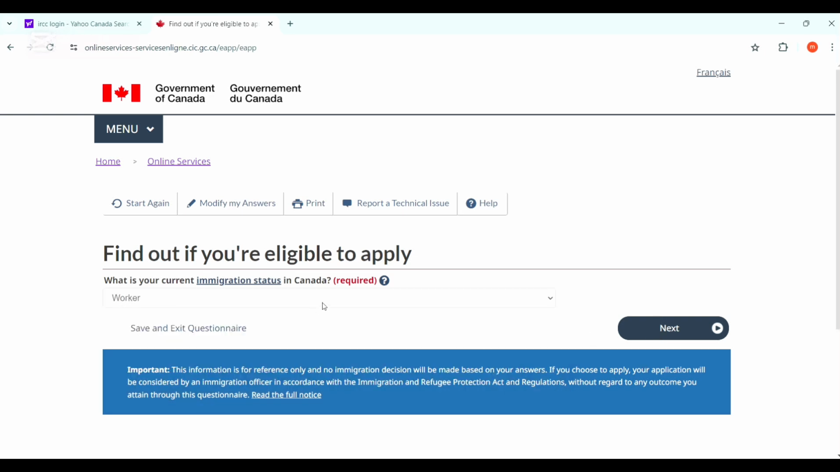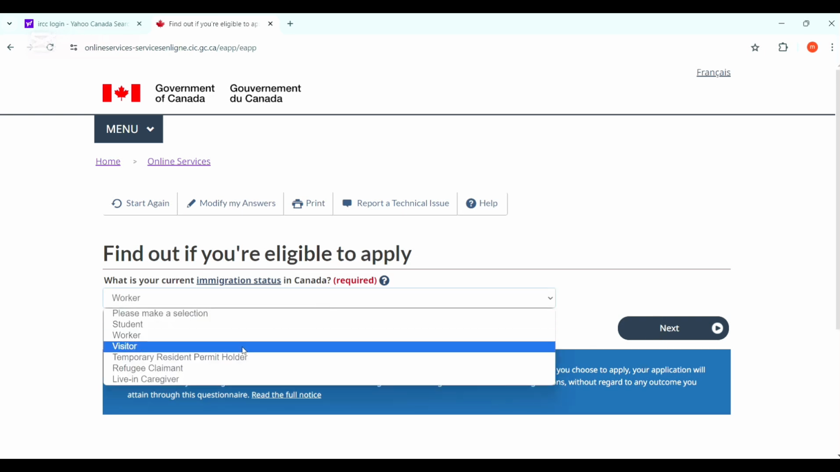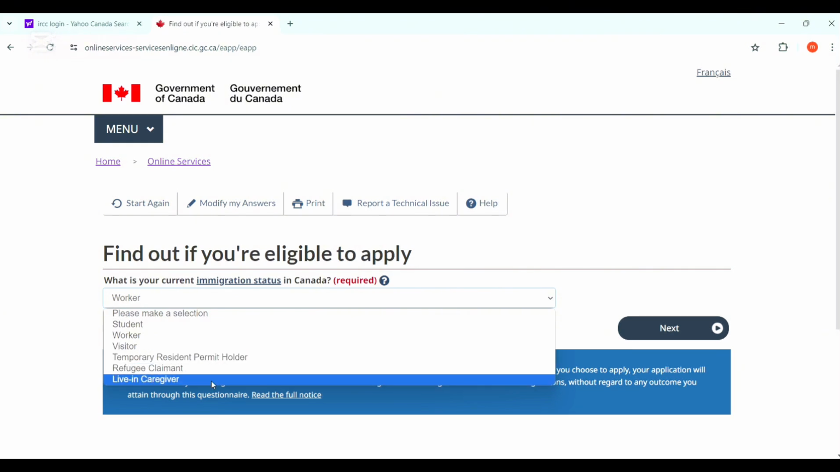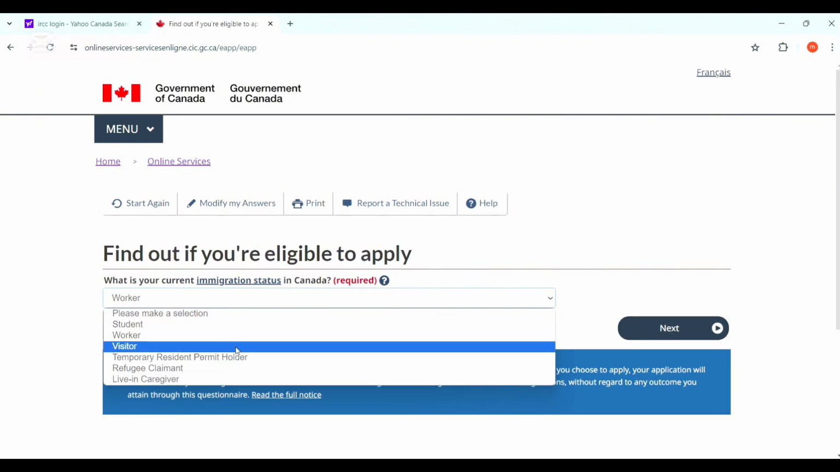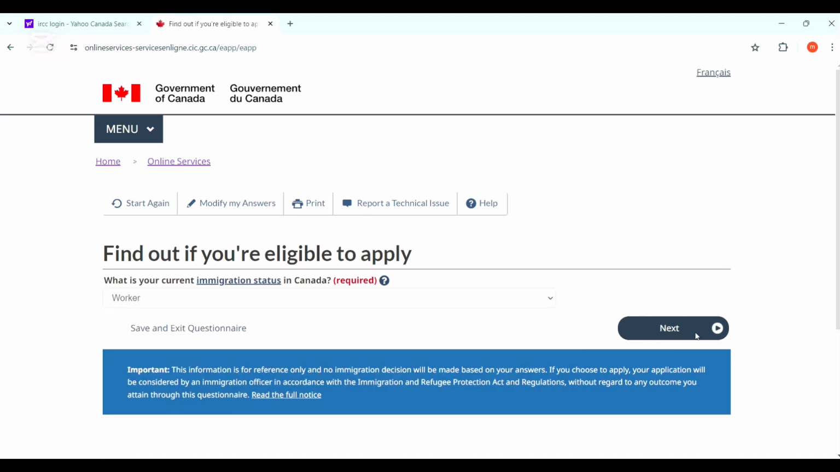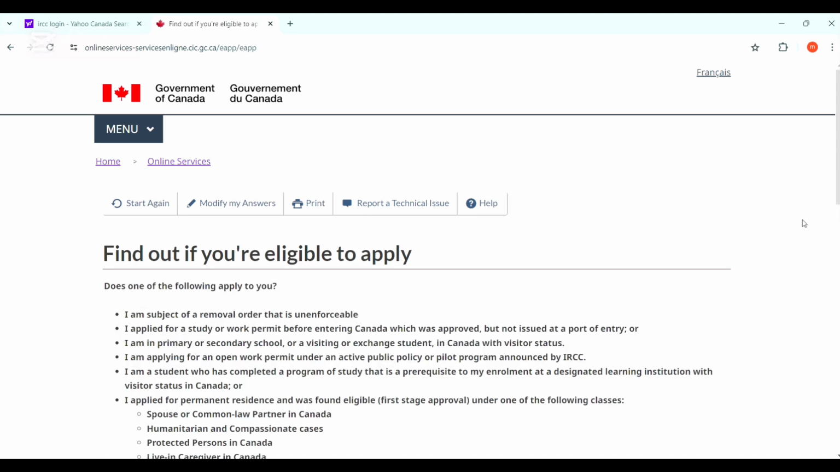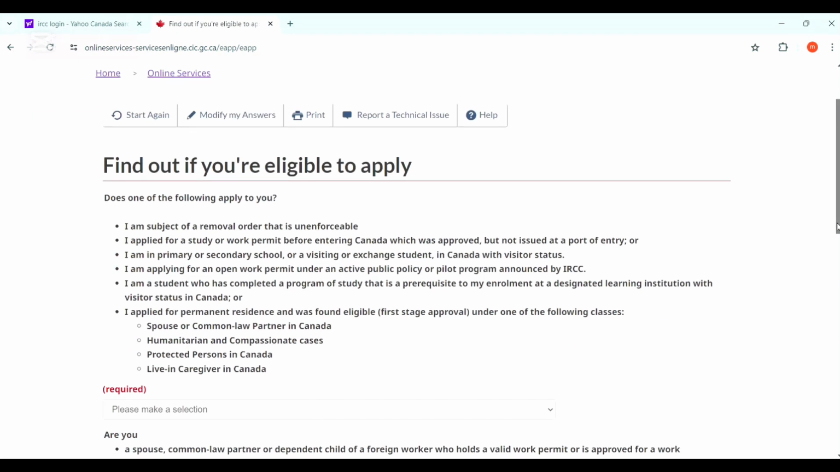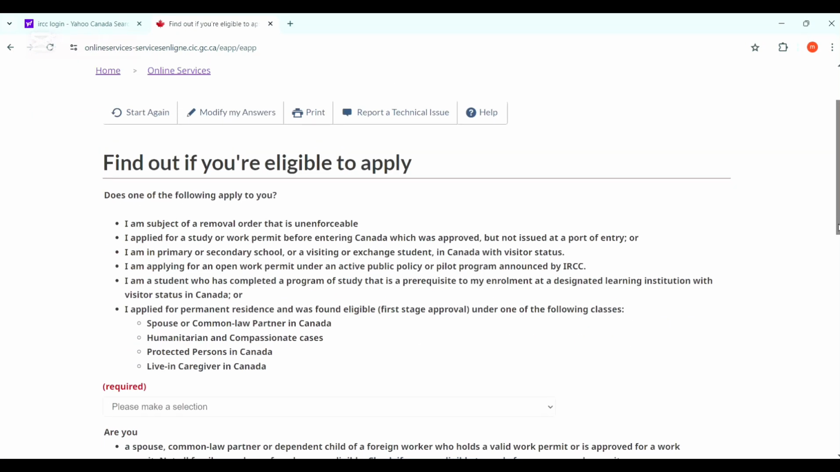If you're a student, visitor, refugee, or living as a caregiver, you can say it accordingly. I'm choosing worker here. So read this and select the option yes or no accordingly. If you have applied for a PR or